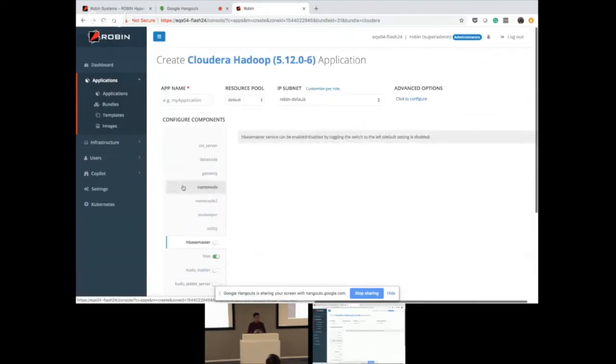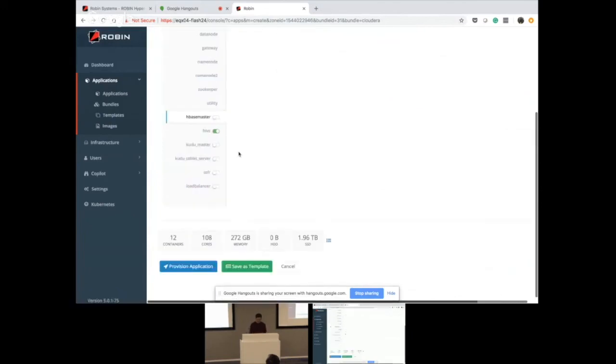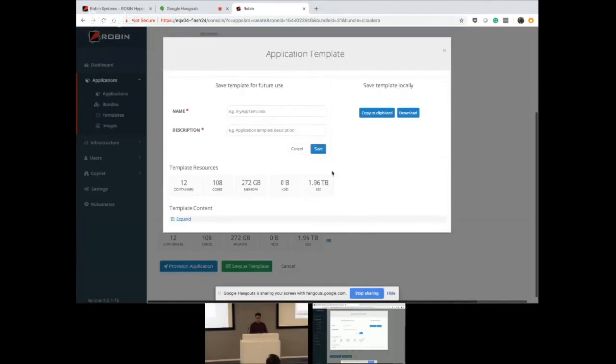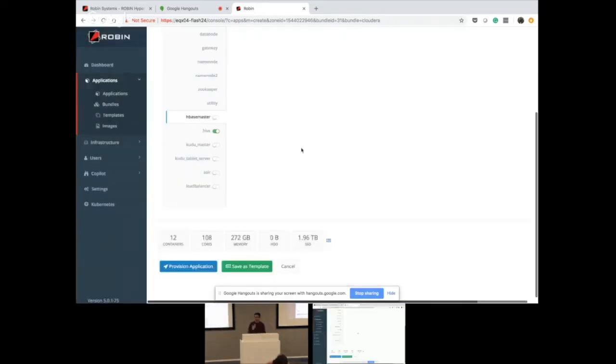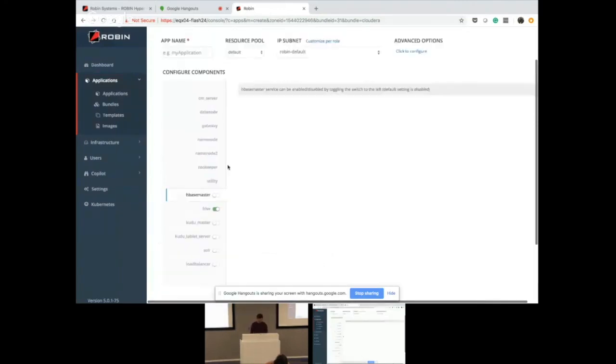And once you are satisfied with the configuration, you can save this as a template so that somebody else can use the same in future. So they don't have to think about all these affinity policies. And also, if you are an administrator who is giving Hadoop as a service, you can define templates like small, medium, large, or gold and silver, and then users can come in and just use those templates to create their clusters.